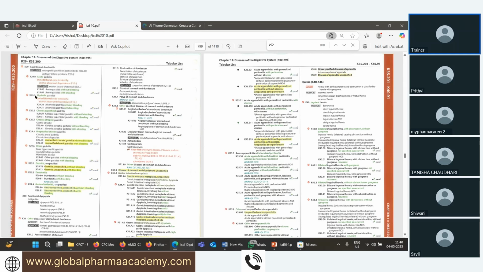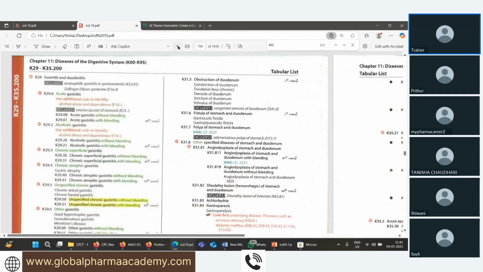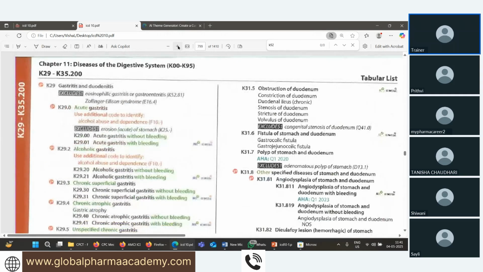So here the code will be 3 digit, but it is still not complete, because here you can see the red mark is there. Hope you can see, I'll just zoom in. दिखाई दे रहा है? I think the vision is very blurred, that copy is a little bit blurred, but I can guide you that. See here,